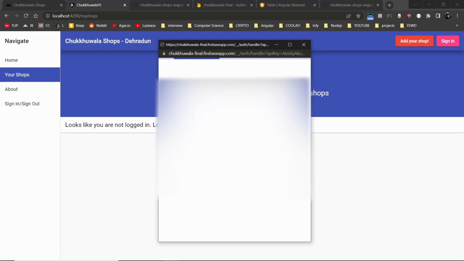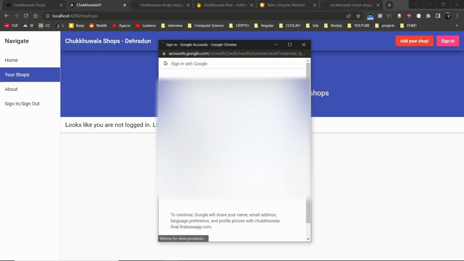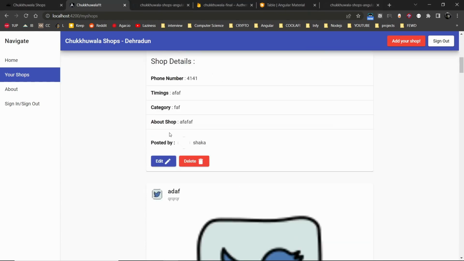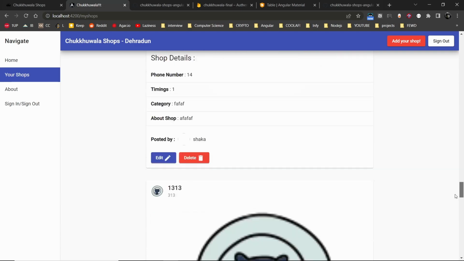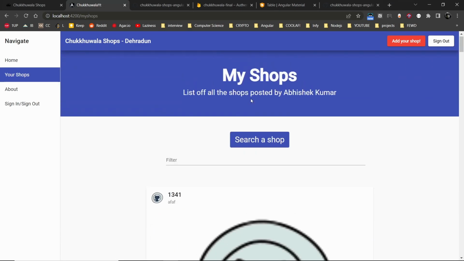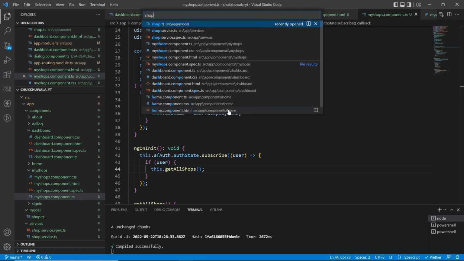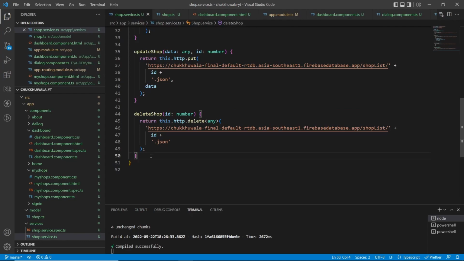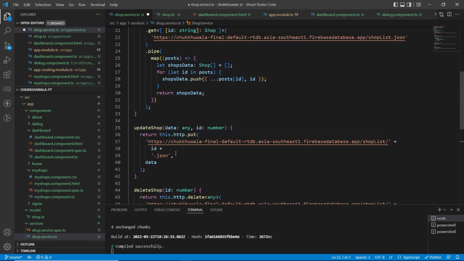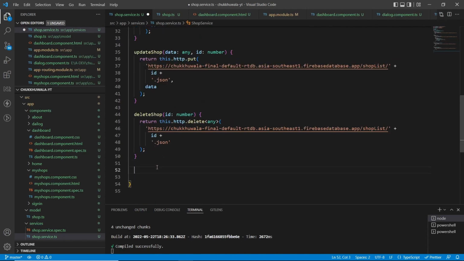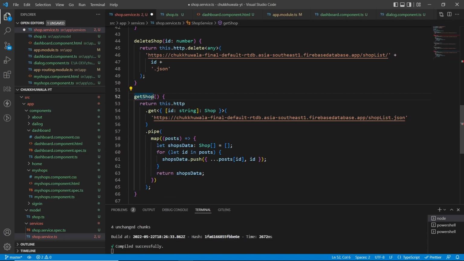so if I go back to my page and sign in, so in the your shop section, I'll be getting all the posts, but I should only be getting the post that is created by me. Okay, so we need to fix that. So I'll go to my shops. So I'll go to shop.service.ts and I'll create one more function. Okay, so I'll copy this same function get shop and I'll name this get user shops. Okay,